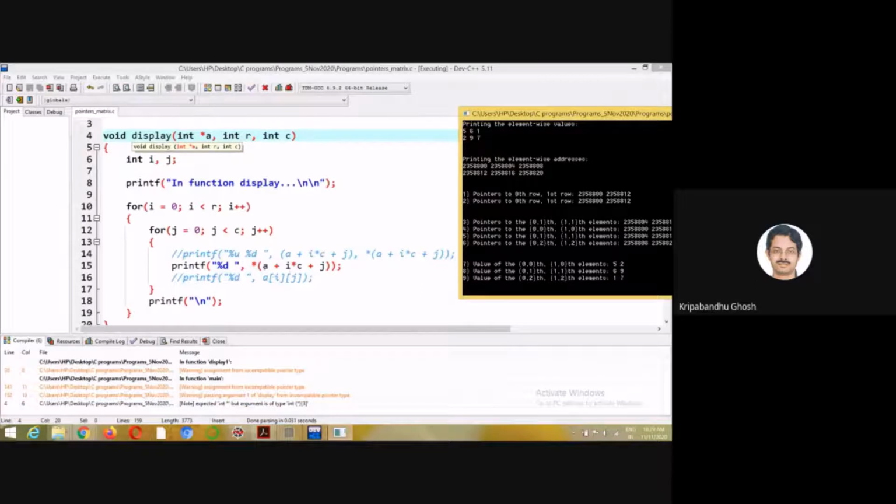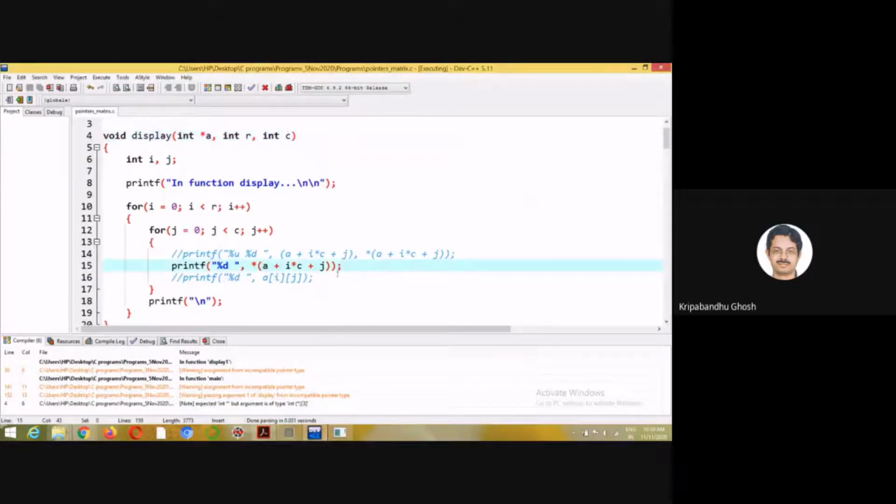When you do A plus J, that is A plus 1, you are coming here, and plus you are doing 1, because C is 1 here, right? C is running from 0 to 2, because there are 3 columns. So here C is 1. So from 0, you are going to 1. So this is the convention. By doing this, you will be able to access element Aij, basically the value of Aij.